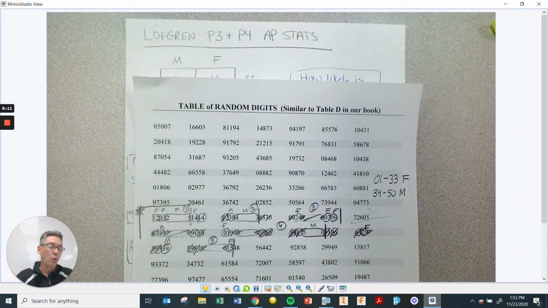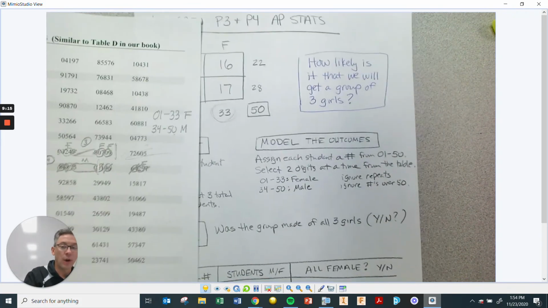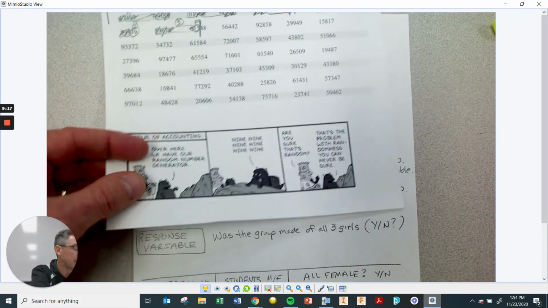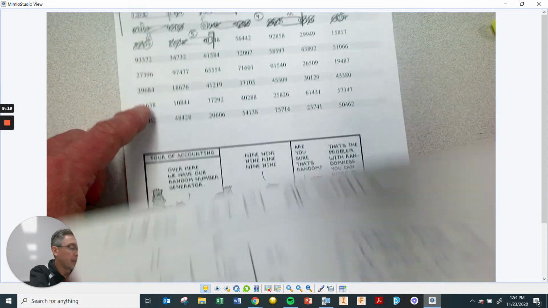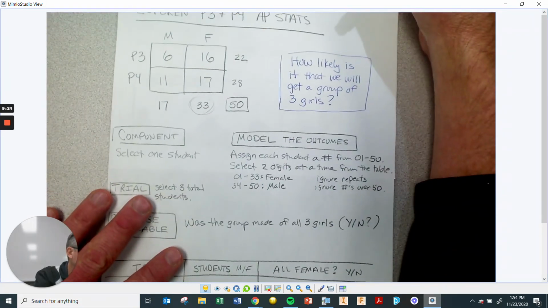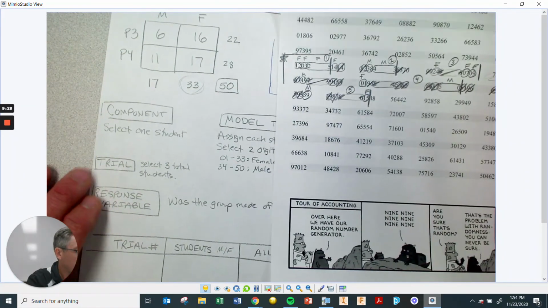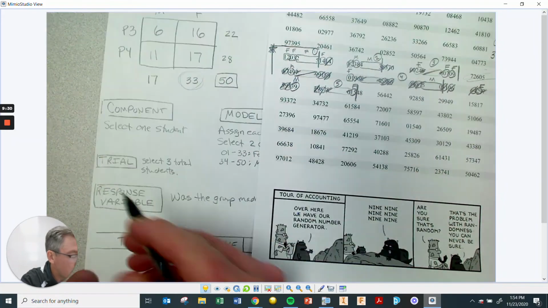So what is this showing us? Well, ultimately, how are we going to use this to answer the question? The question was, how likely is it that we would get a group of all 3 girls? So what I'm going to do now, I'm just going to show you here's kind of what our results are. And I'm going to keep a table here. We ultimately had 5